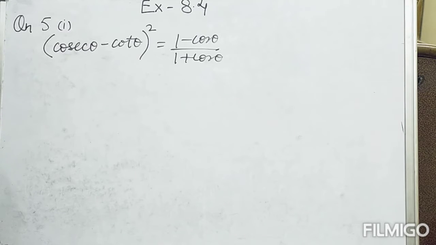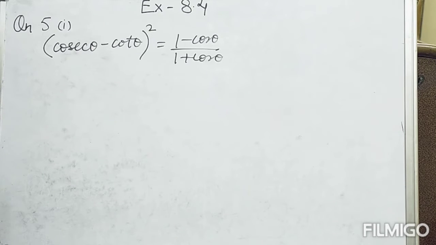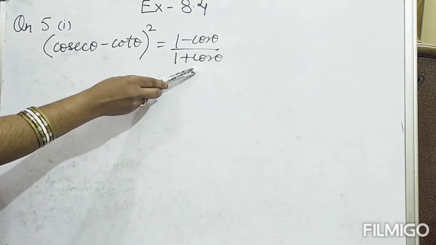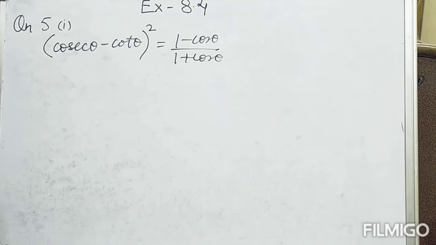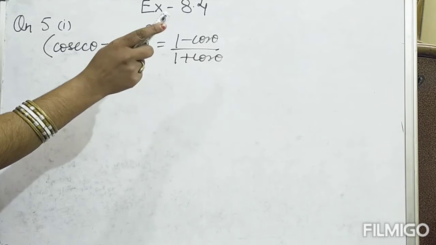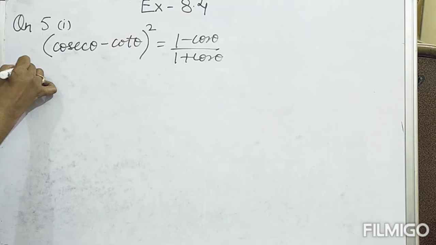So here in this question I can take up the left or right, both are easy, but let me tell you, whenever we have something like that, that means the same thing with the opposite sign, then we have a particular method for solving these type of questions, that is just like rationalization. As we have done in rationalization, in the same way we have to solve this question. So I'm taking here the right hand side, and after applying some operations I will make that equal to the left hand side. So our right hand side is